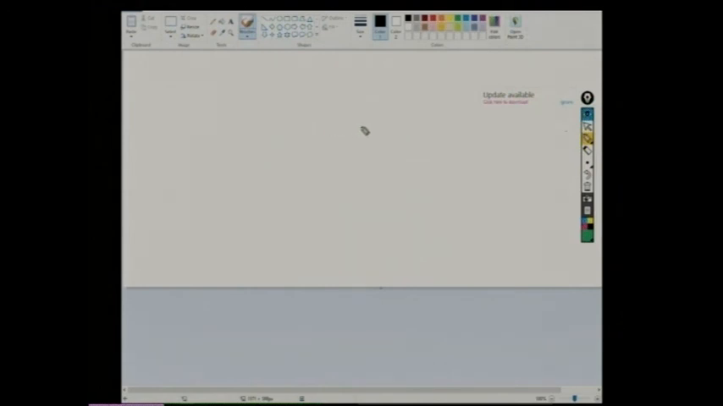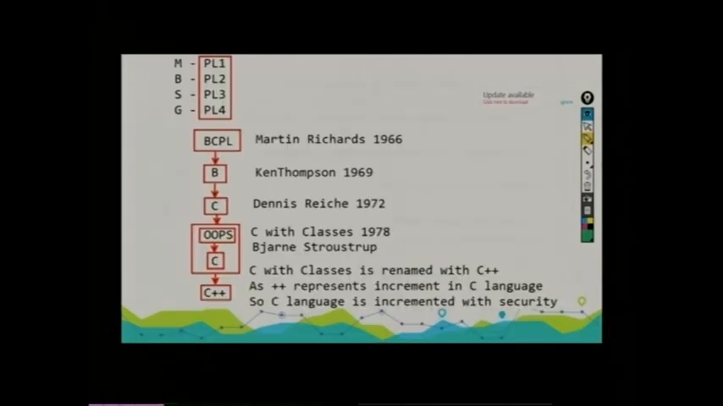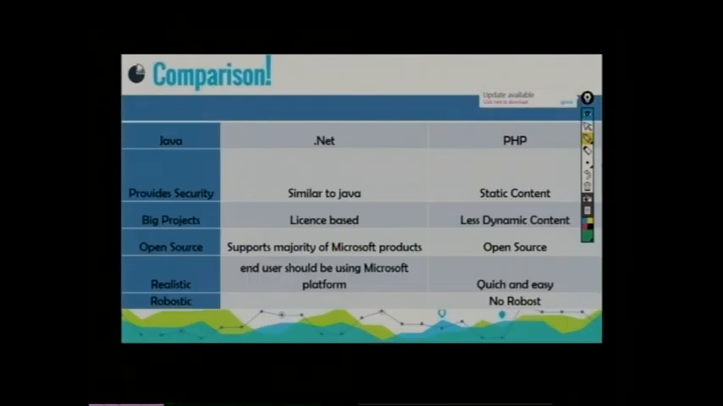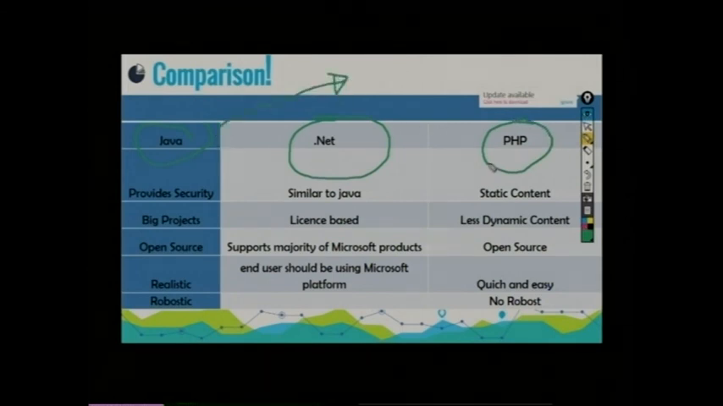Okay, so I'll show you a simple example so that you will understand the different comparisons in the market right now. If I choose Java, in which sector can I get placed? If I choose .NET, what sector can I select? PHP, right? The first main advantage of Java is,